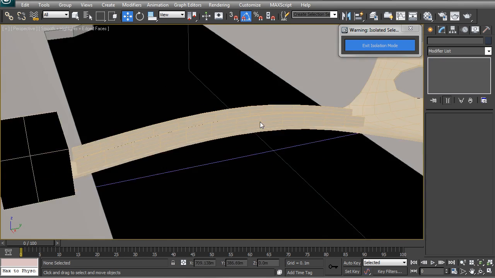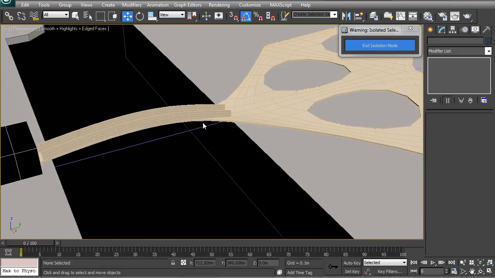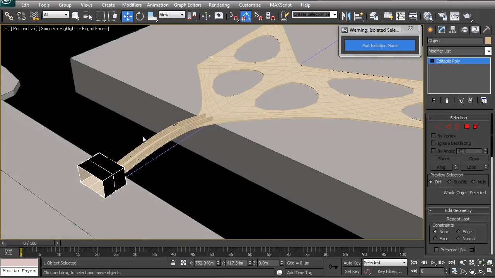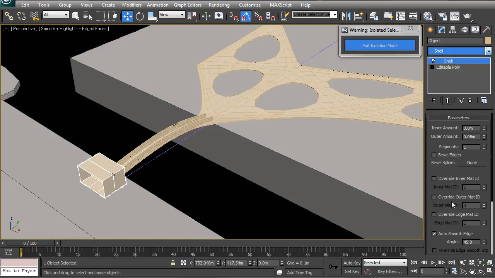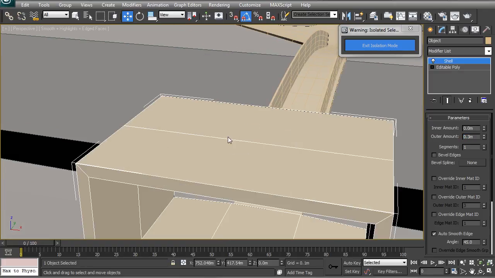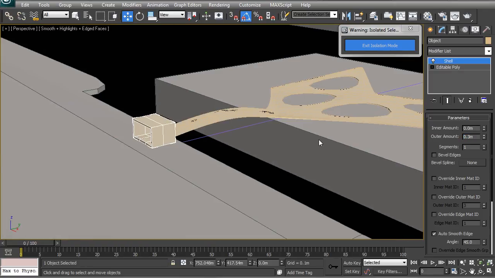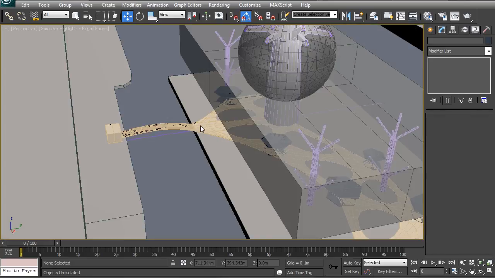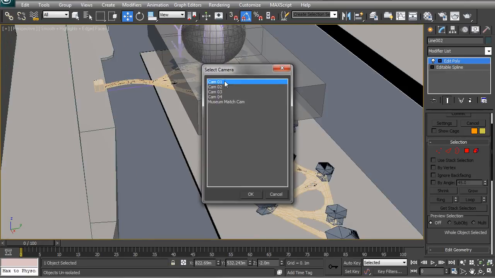So as you can see, still everything is being derived from that main source object. So same thing here, we can take a shell and give it a value to give it a structure. So let's say 0.3 for that. So that is it for this lesson. We basically have completed the bridge element, and we can now even start to look at some of the camera